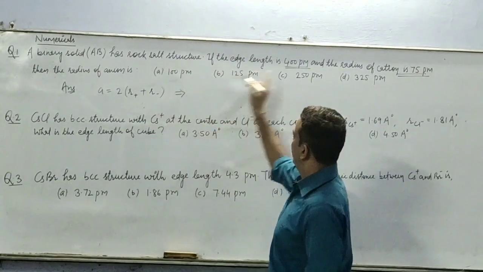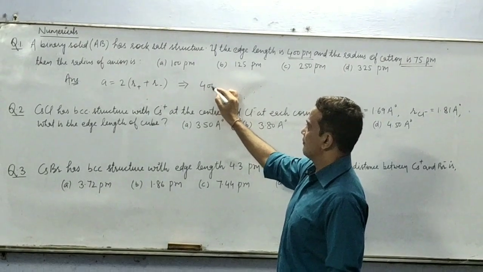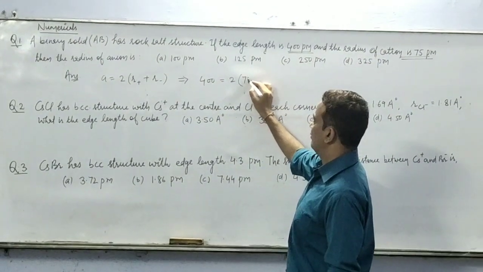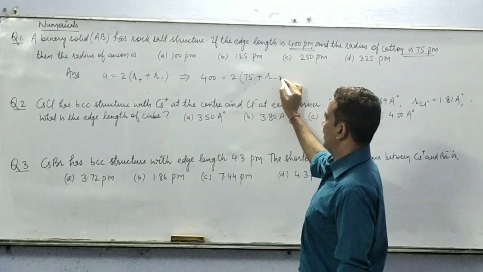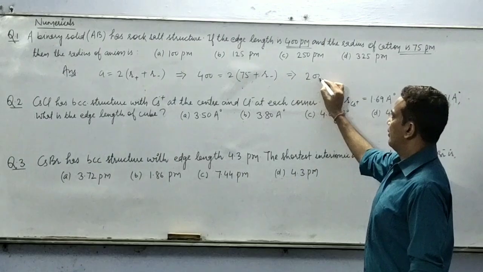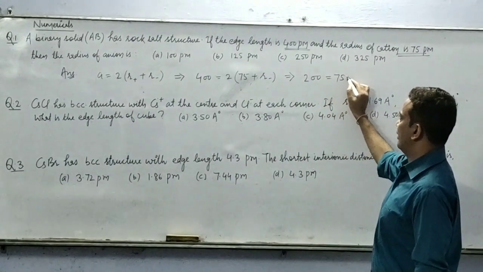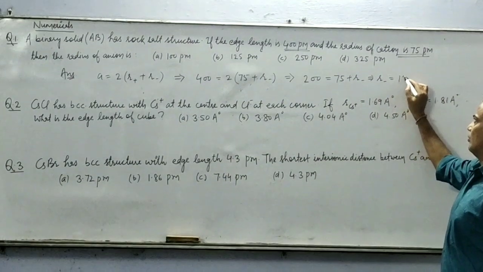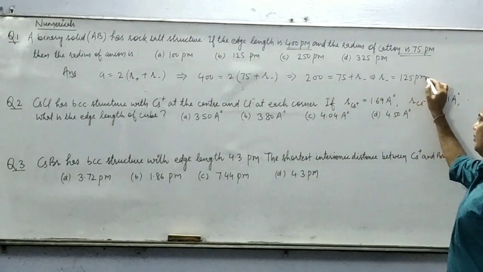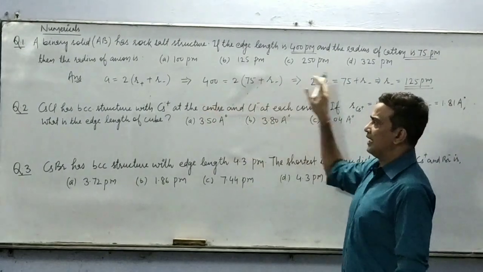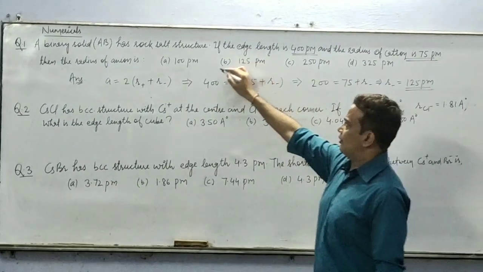Put the value. a is 400, equal to 2 into r positive 75 plus r negative, which you have to find out. It would be 200 is equal to 75 plus r negative and r negative is equal to 125 picometer. By knowing the formula and putting the value, you can get the answer very easily. So the correct answer is